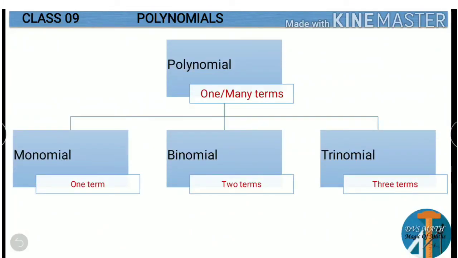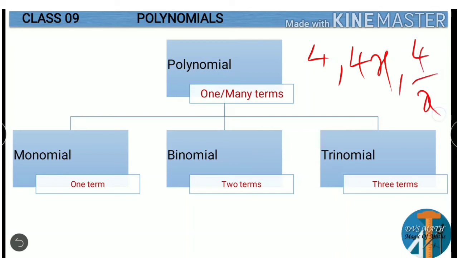Now if we consider a polynomial, before going to the definition of polynomial, please understand it better. As you all know about terms now, terms are nothing but the combination of a constant and a variable, together we call it a term. Clear? It may be one or many terms combined with plus or minus, as we took 4 in the previous example, 4x, 4 by x, or you can consider 4 minus x minus y. These are some more examples.